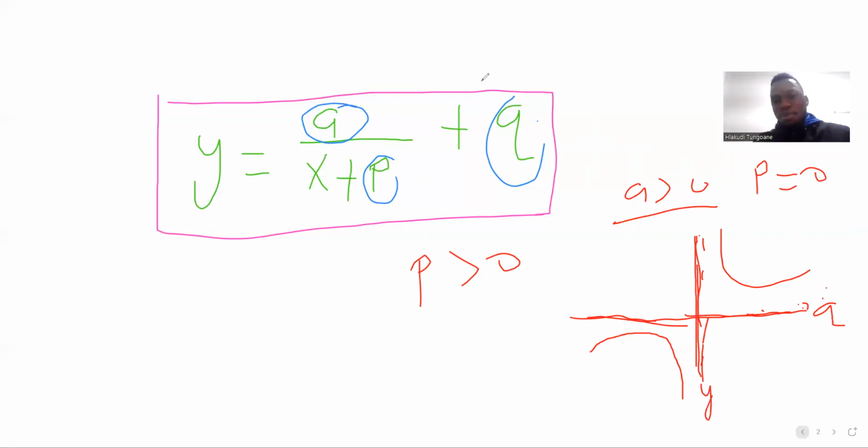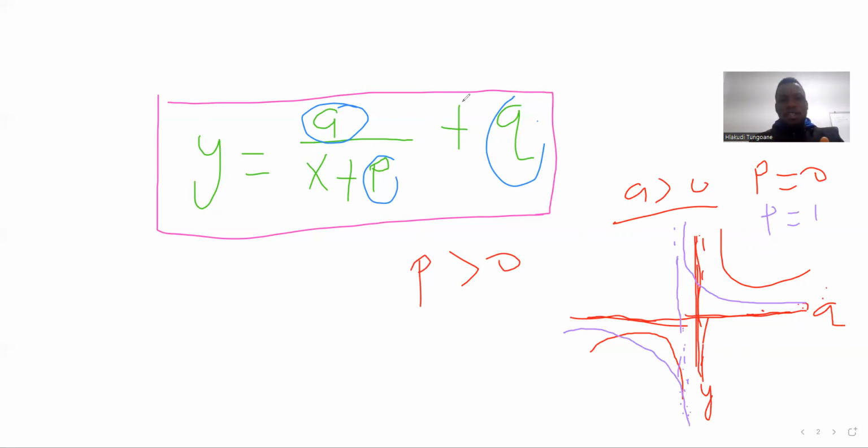In this case, it's going to be the same as the y-axis. Okay, but now let's suppose P increases. Let's say P now equals 1, right? So now your graph is going to shift slightly to the left, right? Remember your line of asymptote is going to change. It's no longer P equals 0, it's going to be minus 1. So your line of asymptote is going to shift. When that shifts, your graph is going to be like this. See, your graph now shifts. So essentially, when P gets positive, your graph shifts to the left, and